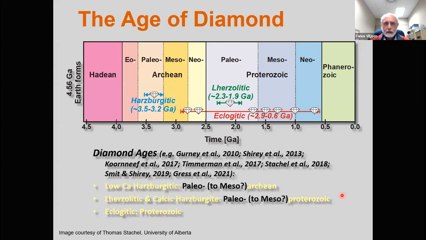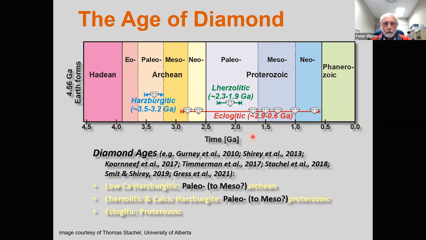Now we can date diamonds. We know how old diamonds are, or at least we know how old diamonds are that are inclusion bearing, by using isotopic systems like, for example, the samarium-neodymium system, looking at the samarium-neodymium system in garnets as well as clinopyroxenes occurring as inclusions in diamonds. And we can also make use of the rhenium-osmium system for sulfide-bearing diamonds to gain an insight into the